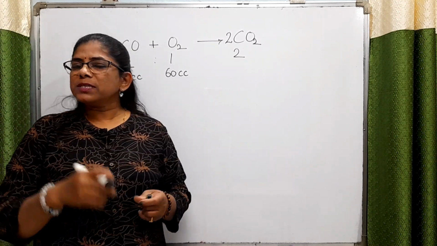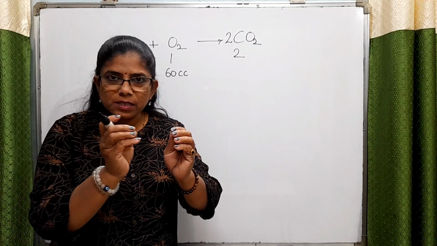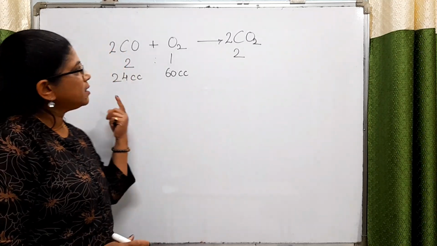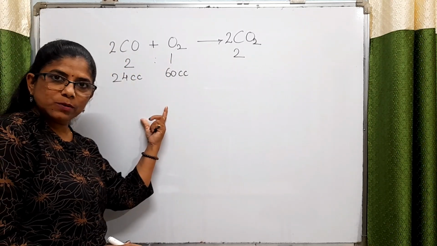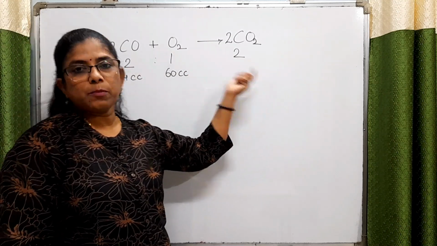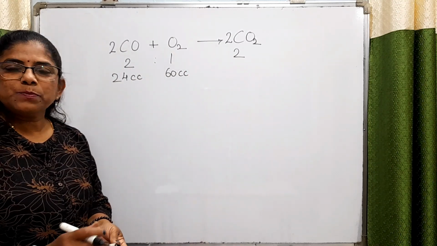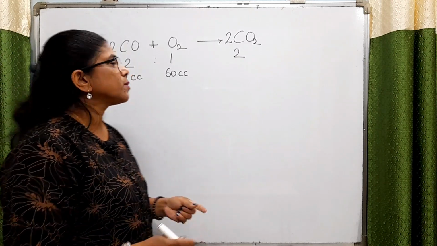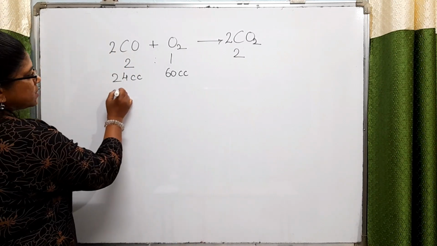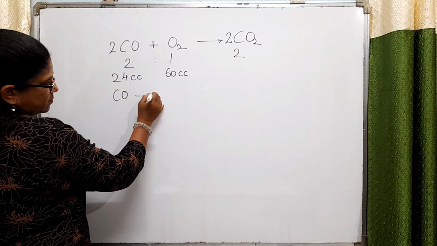So here 24 cc of carbon monoxide is used in this reaction, and this undergoes the reaction with oxygen to form carbon dioxide. So as per Gay-Lussac's law, here this carbon monoxide